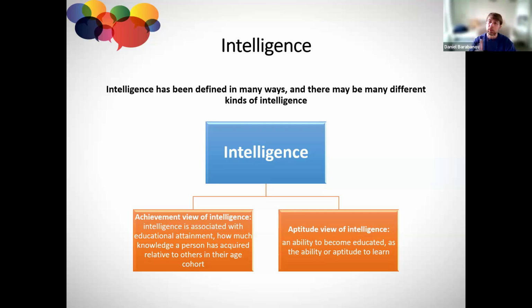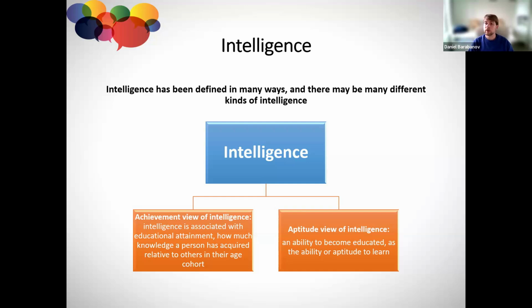So basically, we compare all the peers together, and those who know more and can perform better have better achievements. We say, oh, those people are more intelligent and other people are less intelligent. Right? It's one view on intelligence as a